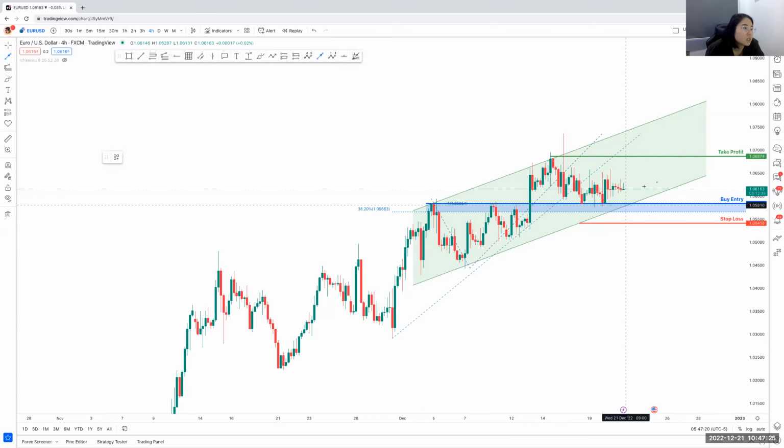Okay, so this will be my analysis for EUR USD. If I'm wrong, it'll hit my stop loss, and that's totally fine. If I'm correct, it'll hit my take profit, and I would have made